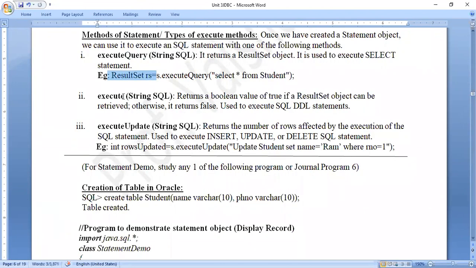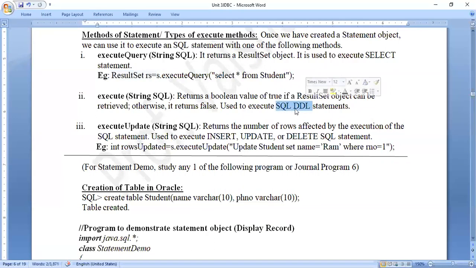Sometimes through a Java program we want to create or alter or drop. So create table or alter table or drop table, these all fall under the category of DDL statement. As you all know that SQL statements are divided into three types. One is DDL. In DDL statements, we have structure related statements. That means whenever we create table, we create the structure of the table, and then we alter the structure of the table using alter table statement. Then if we want to delete the table structure, we make use of drop table.